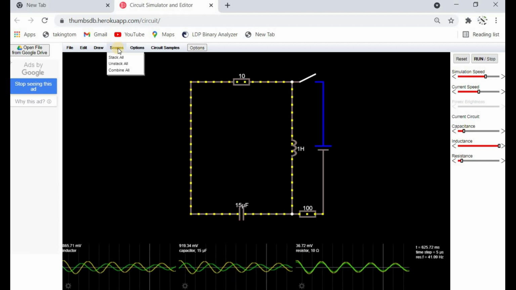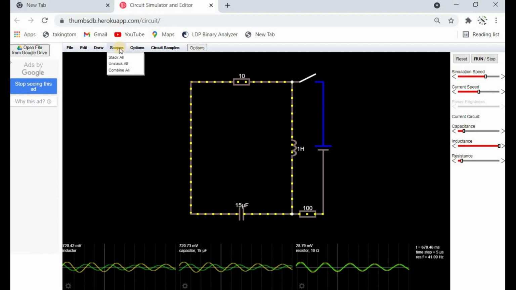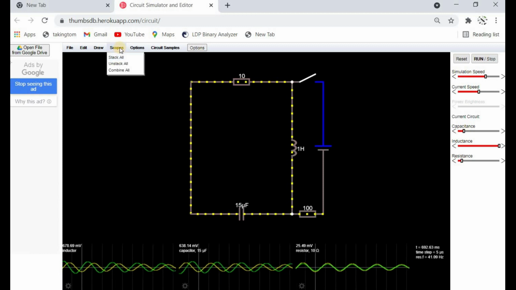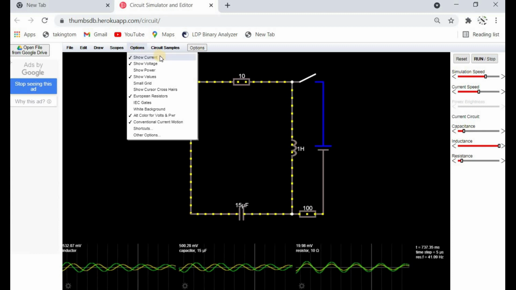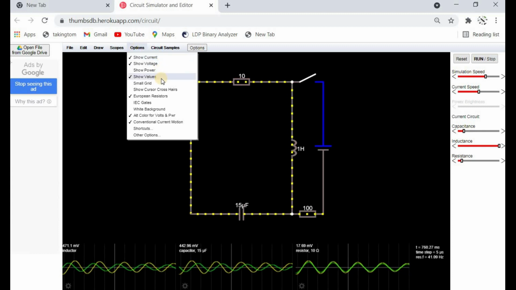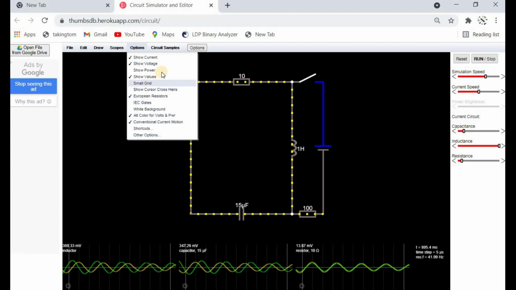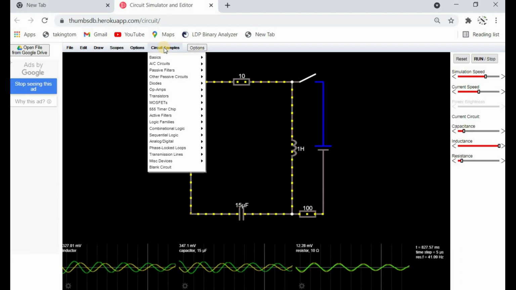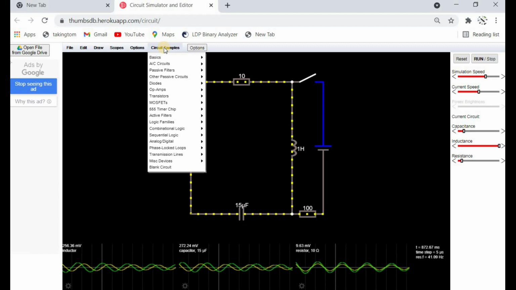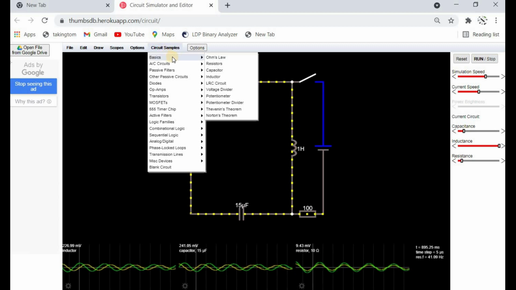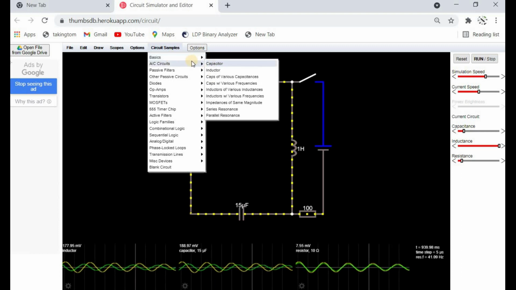Today I will show you the already available circuits from the library of the same simulator, so we will get familiar with it. In Scopes, there are Stack, Unstack, Combine and a few things. In Options, it will show the current and voltage values; what you want to display on the circuit, you just have to tick it. And then there is the Circuits sample tab, where you will get a few already designed circuits, ready-made. As a basic electronics engineer, all the basic circuits are available which you can directly open and simulate.